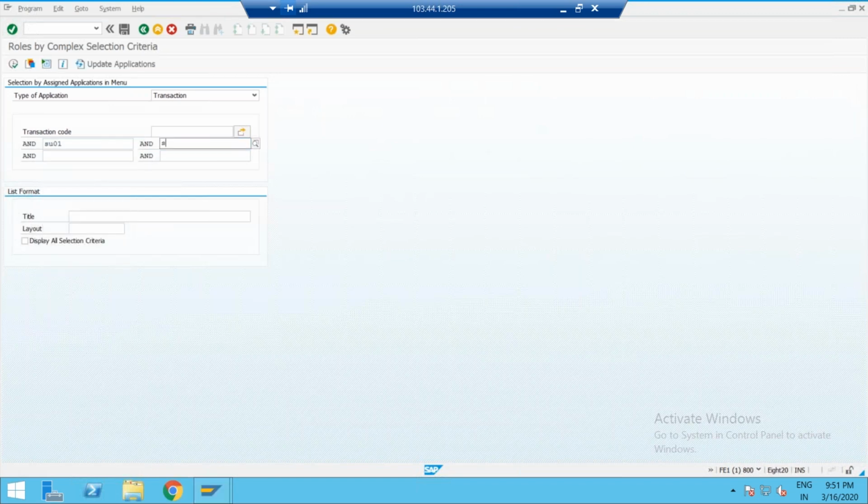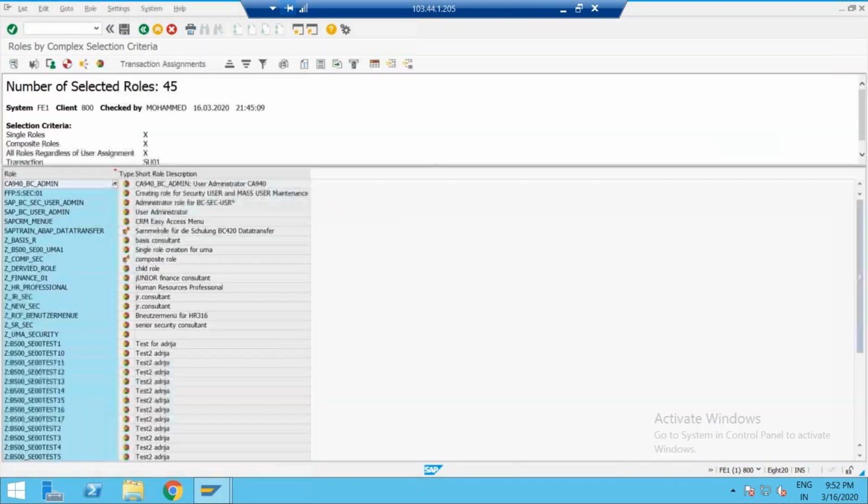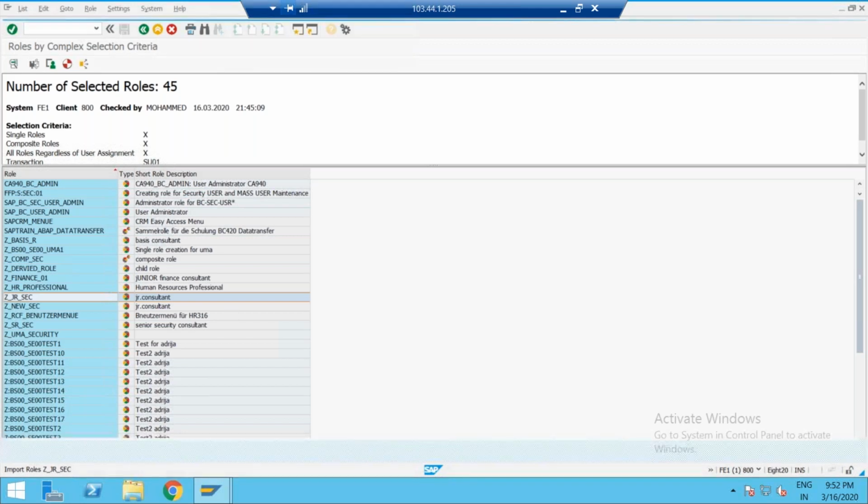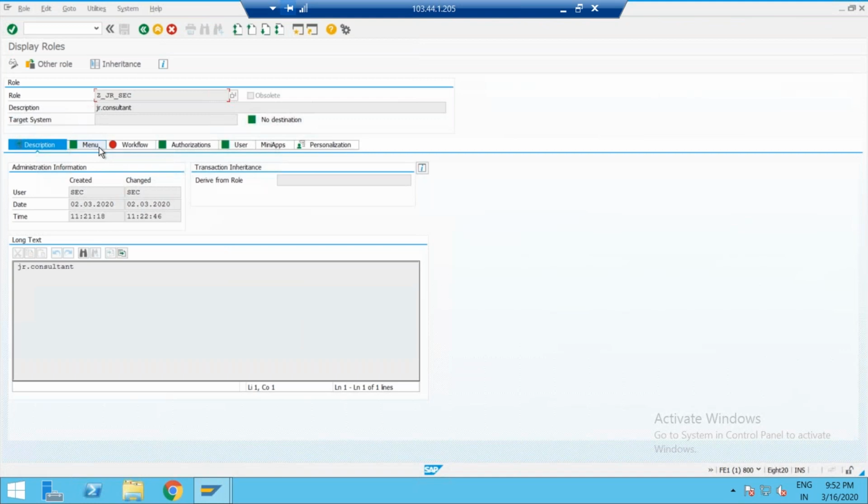For these transaction codes, how many rows have this? Previously it was the user, now your role. Totally 45 rows. So double click any role and you can check whether the transaction code is assigned or not. Go to the menu tab and check it.